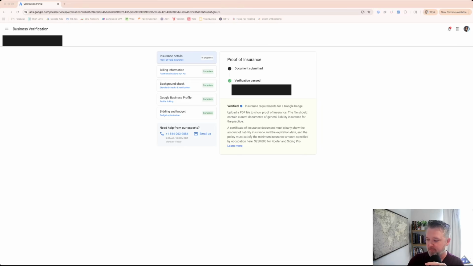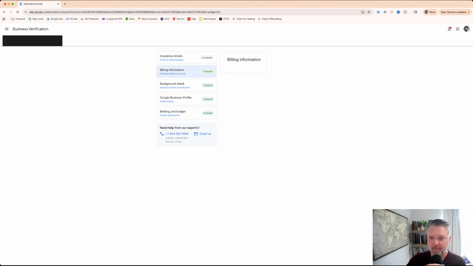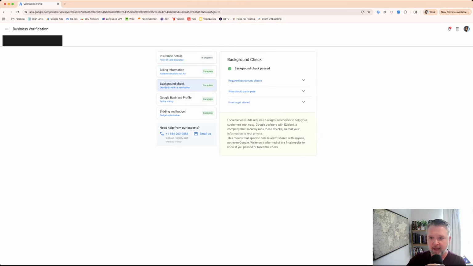I've used this example before that if you're looking for something in Texas, it's a lot looser regulation than it is in Florida. They're also going to, of course, have your payment card on file. They're going to have a background check. So whoever the principals, plural, of the company are going to have to go through a background check.